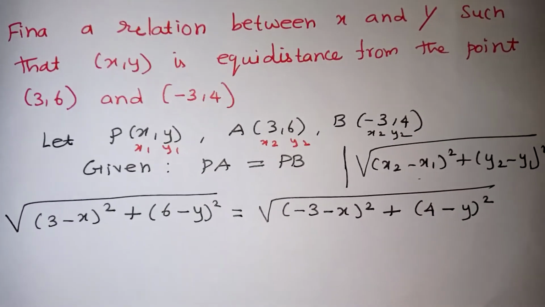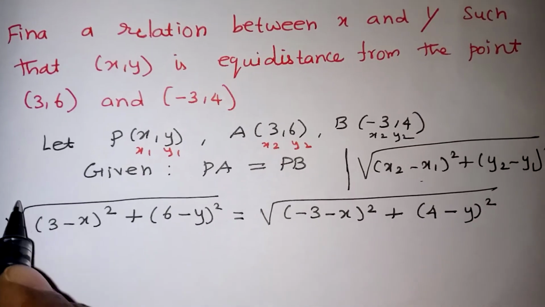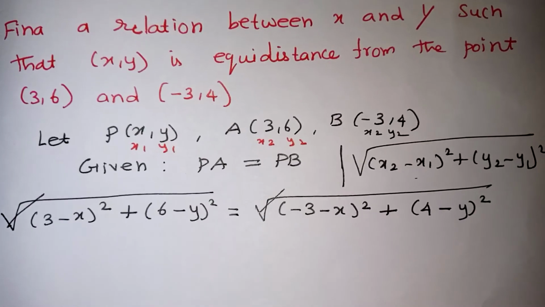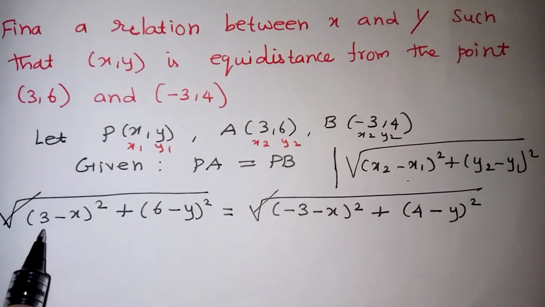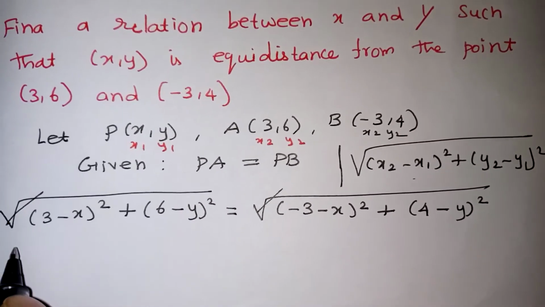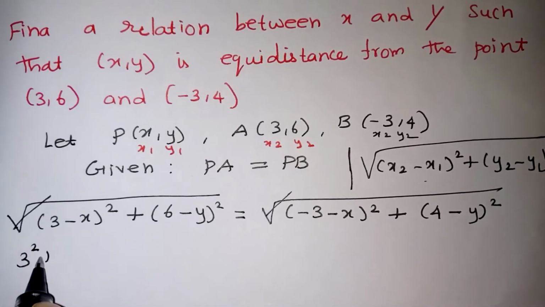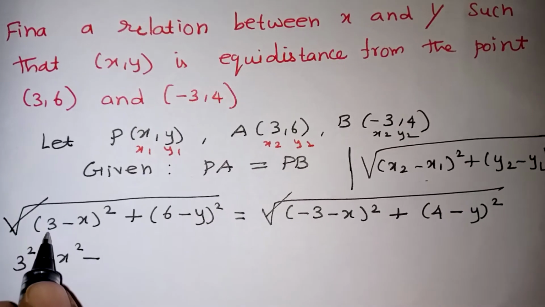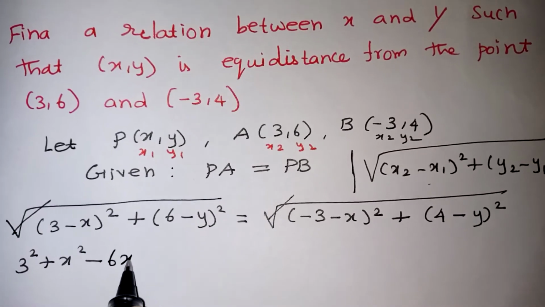Now we just have expansion only, very easily we can do. First we can cancel the square roots, because both sides we can square, and the root will get cancelled. This looks like a minus b the whole square. So first a squared, then plus b squared minus 2ab. 2 3s are 6, 6 into x, 6x we can write.